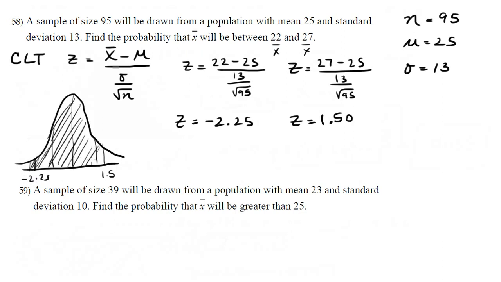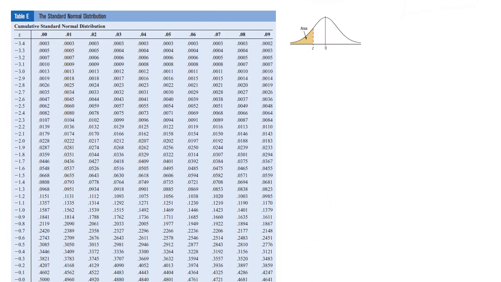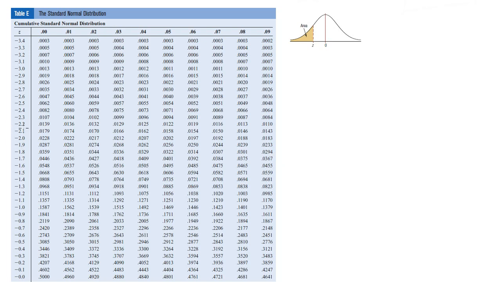And again, the way that I do that is I find the area under the curve less than 1.5, find the area under the curve less than negative 2.25, and subtract them. So the area here minus the area here. So negative 2.25, that's my z value,